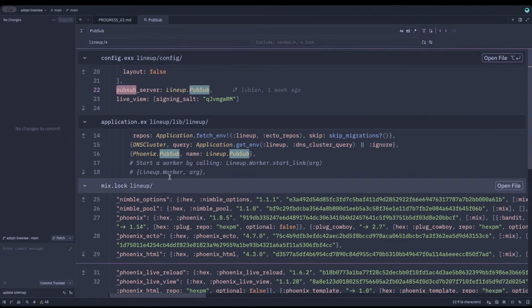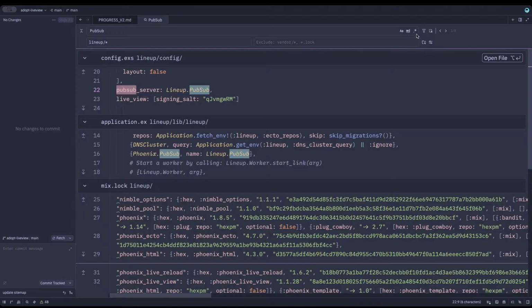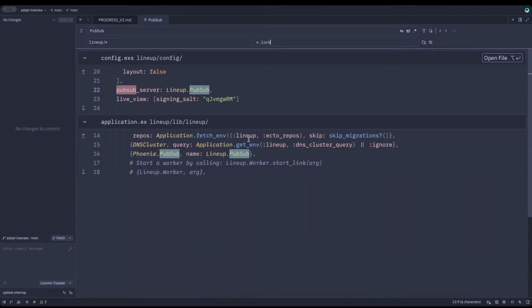Okay, that's correct. It's only showing the things that I need. I'm gonna ignore the lock. So I think, no, not this one. Ignore everything that ends with lock. I don't want to see that. So I didn't do anything yet. I got the lineup pub sub,